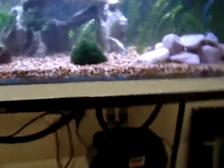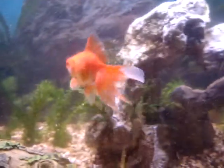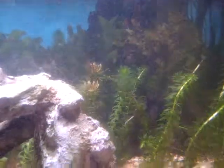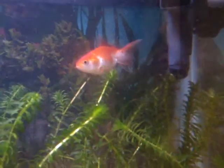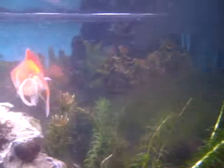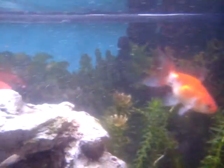Yeah, so another thing I'm confused about is why this goldfish has a shorter tail than this one. If you see this one here, it's like a really flowing, really nice tail, and then where the hell's it gone? Oh, there it is. And that one there, it holds it up a lot more, and it's not as big, and it doesn't swim as effortlessly